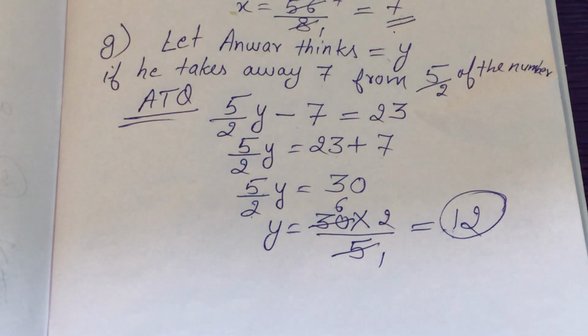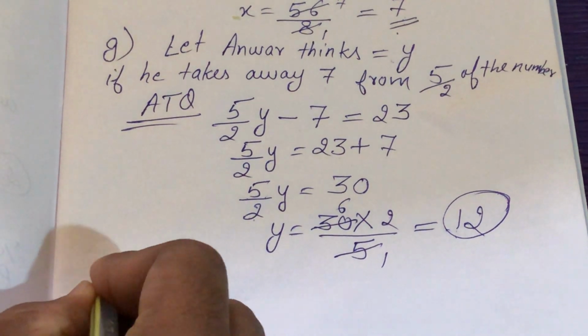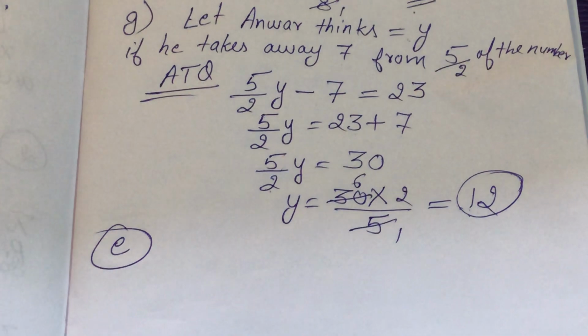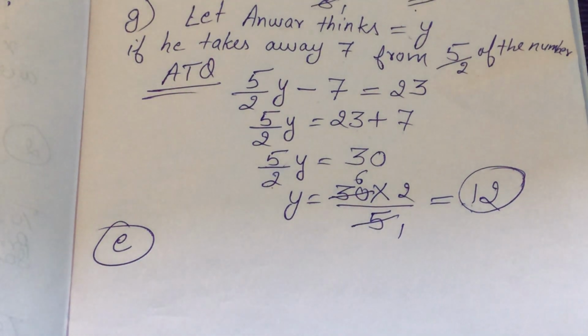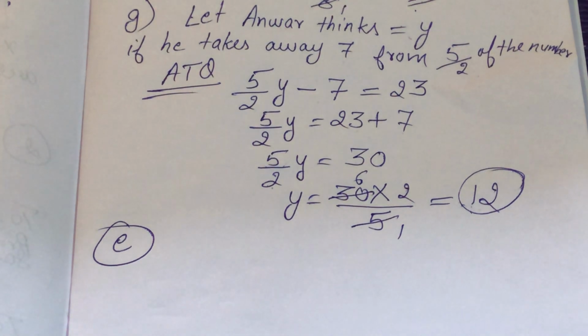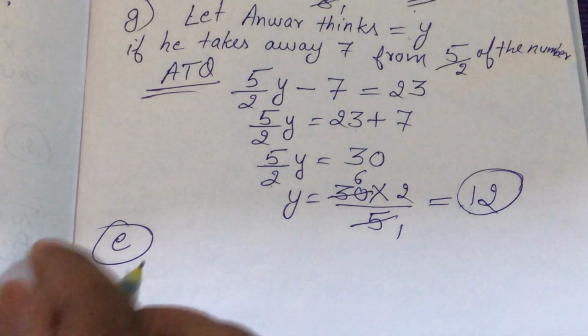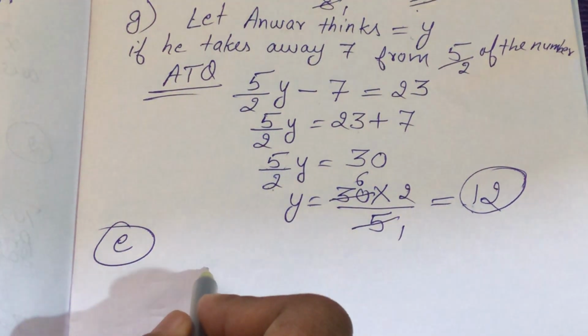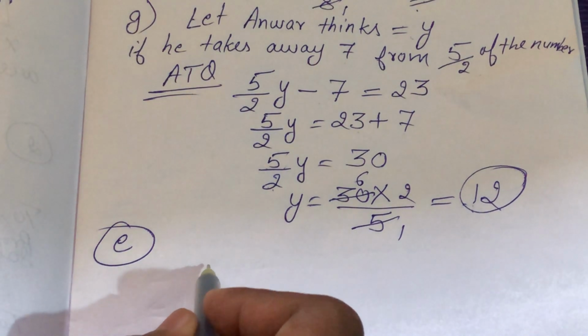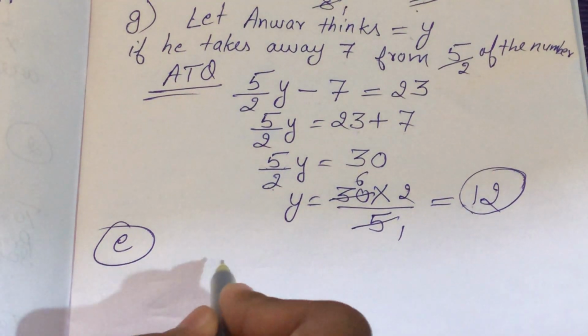Okay. One more part I'll do for you. Let's do E part. Let me solve E part also for you. Then Munna subtracts thrice the number of notebooks he has from 50. He finds the result to be 8. Now see what is given. Munna subtracts thrice the number of notebooks he has from 50. 50 में से subtract किया है.